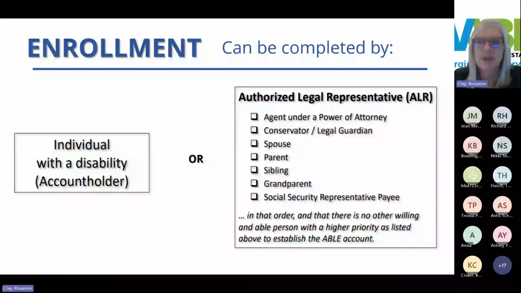And the ALR is defined by law as one of the following: an agent acting under a power of attorney. Now, note this is limited to the WVABLE account.